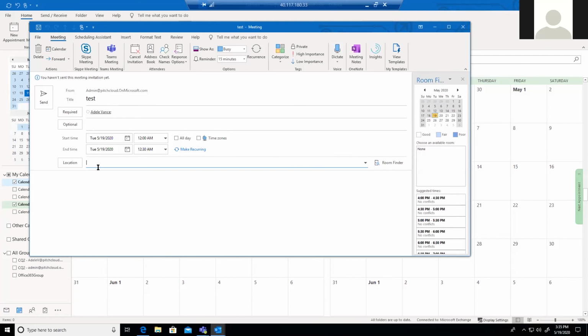Location can be my room, or if I want to be at the Teams meeting, there is an add-in. So the moment you have Teams on your computer, you have to reopen your Outlook. By closing it and reopening it, there will be an add-in added there. You need to click on there, and there will be a Teams meeting added in it. Now you put all the information about your meeting.